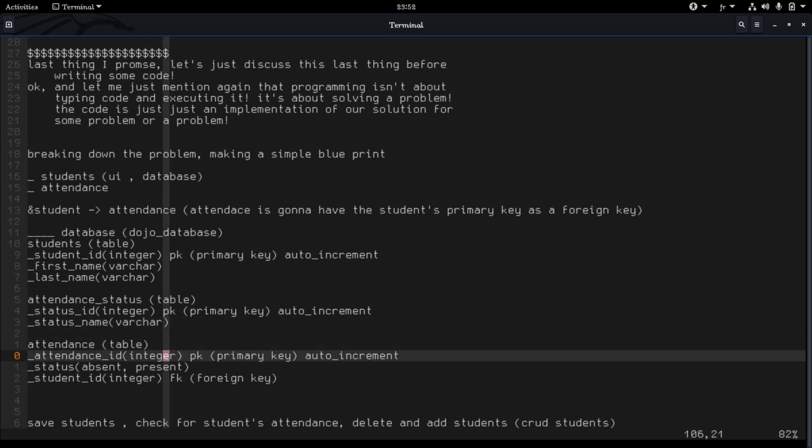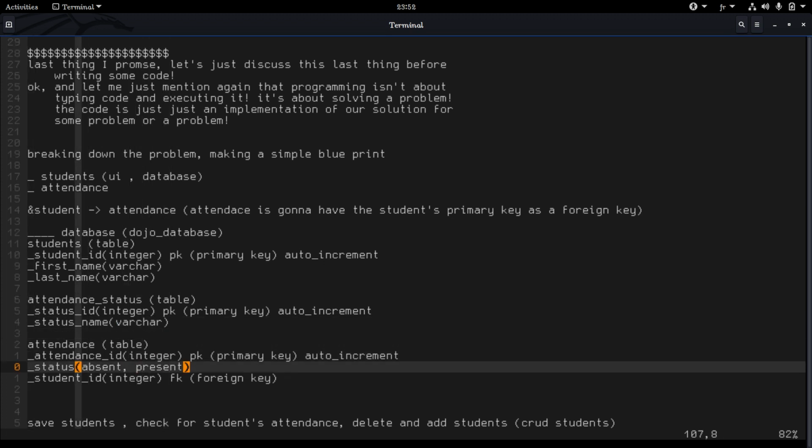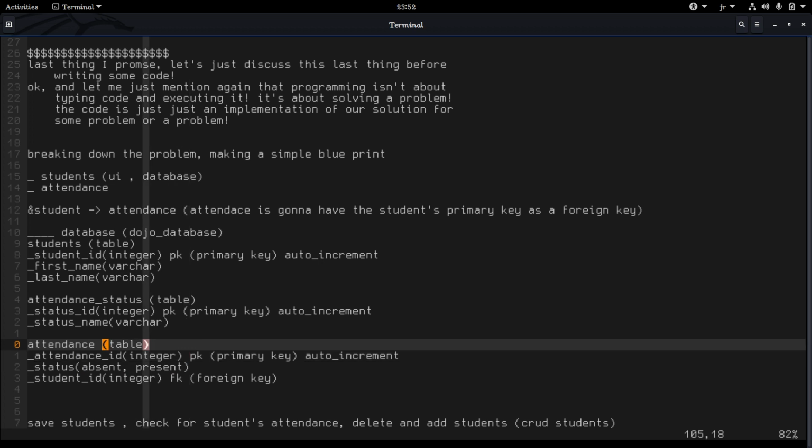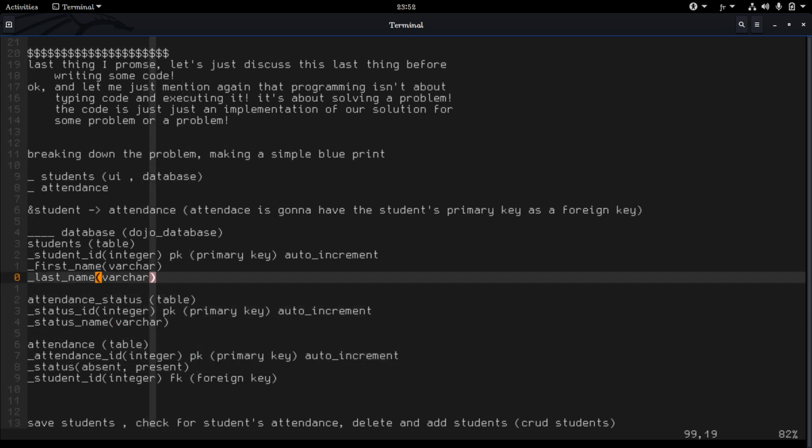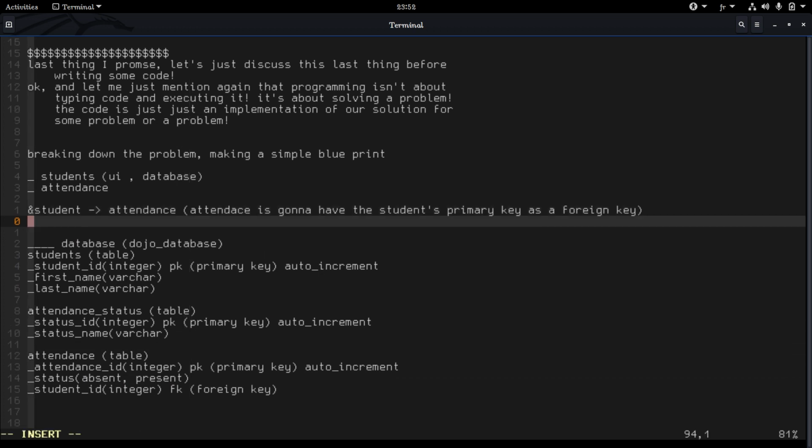And now let's move on here. So this, now if you really think about it, this could be another relationship. So you have this as, for example, status or attendance status,